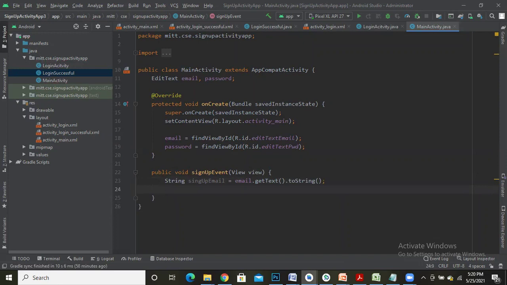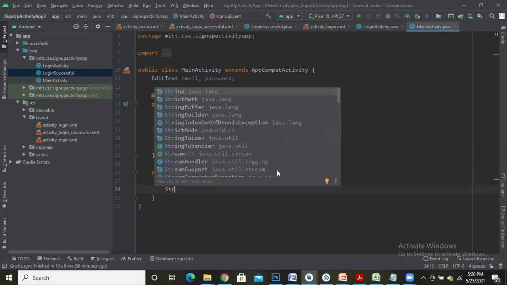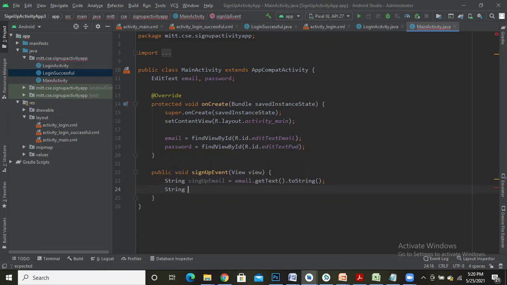Similarly, I need to read the password. So let me declare one more variable, string sign up password. Let me change this name.